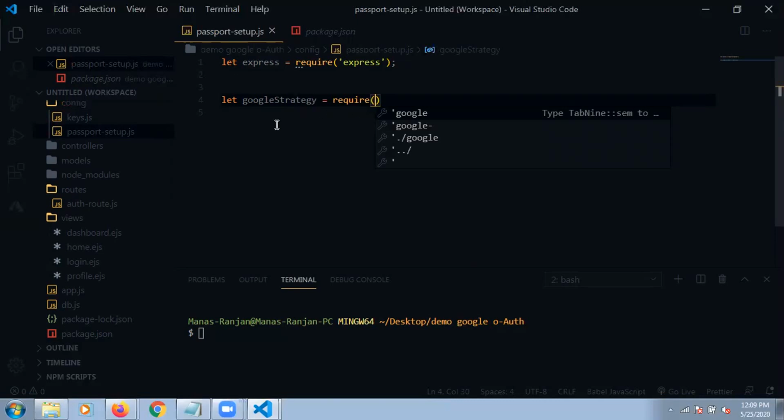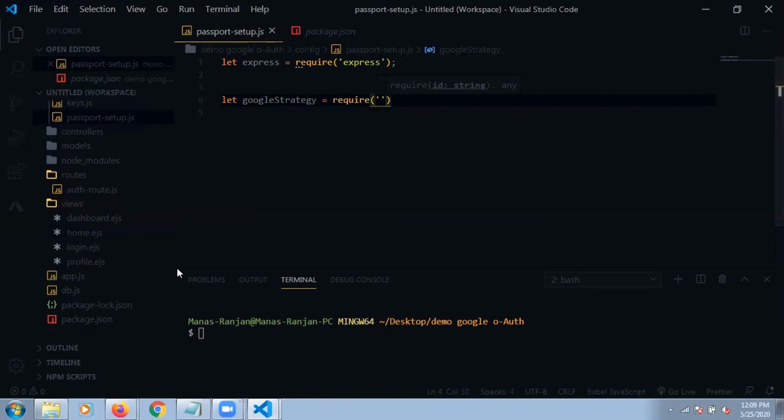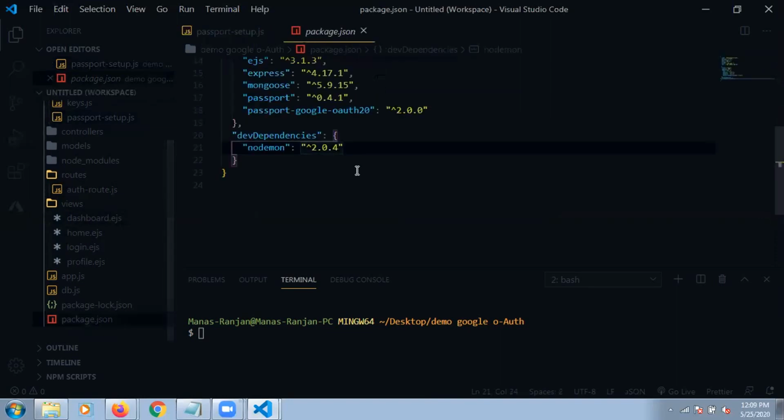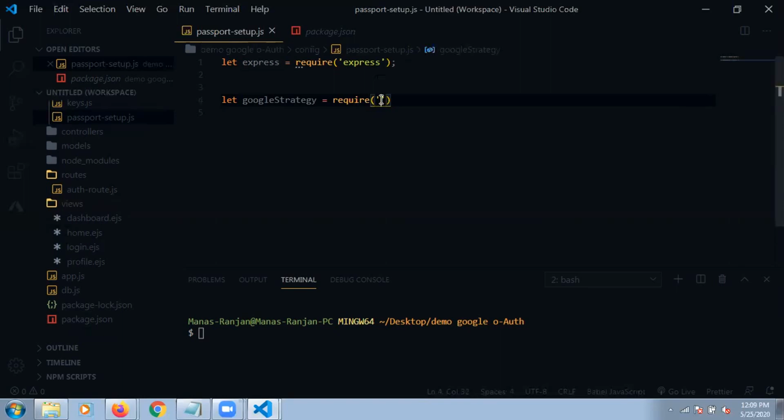How can we require that? I already explained that. Just copy this, and we are requiring this file, so we are writing passport Google strategy, Google auth 20. From here we are making the strategy.